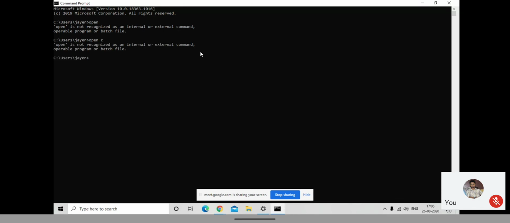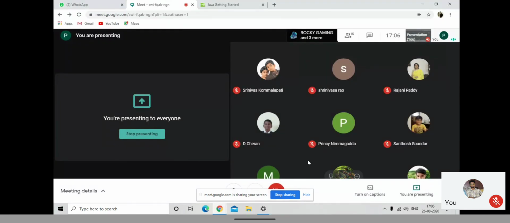Even though it's not working. Open C means I have told that one to open local disk C, but it's not opening. If I click open C, that exclamation mark is not clickable. See your screen, sir. That's why I'm telling you, if you can't see, you have to zoom your screens because the font will be that much only. I can't increase the size of that one. It will be in this black screen, and that's the example I'm showing of how the JavaScript software will look.